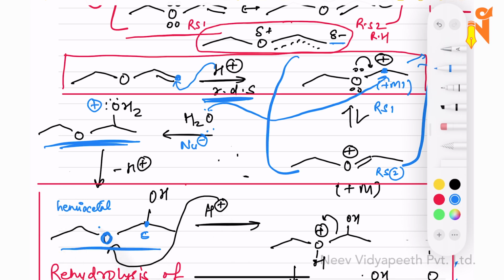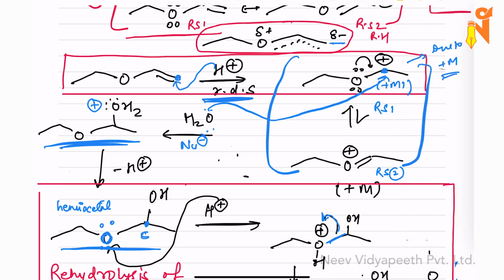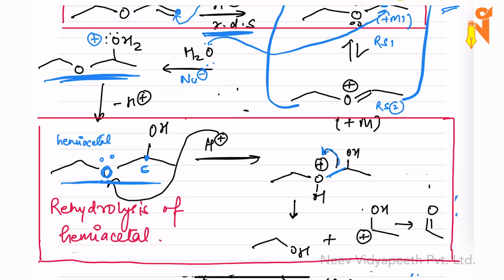First of all, H+ will come and attack over here and will form OH+ again. Now this oxygen will have a plus charge, hence it will cleave one of the carbons. This carbon is a better leaving group and will be able to cleave its bond faster here. So this carbon will leave, and the product will be something like this. This part will form the alcohol and a plus charge will generate over here. Why is this a better leaving group? Because again we are getting +M stability.